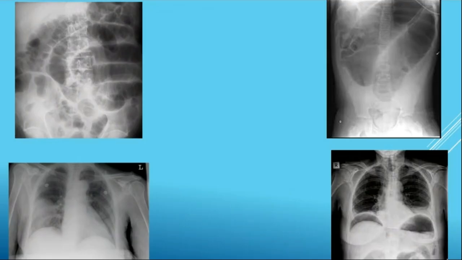If the patient is very bad, very ill, if the patient can't stand, then go for a lateral decubitus X-ray. Sometimes we may not be able to take the erect abdominal or chest X-ray. In that case, go for a lateral decubitus. Turn the patient lateral so that you can see the gas shadows in the upper part of it. That's a very nice one. See that patient's chest X-ray shows some sort of pneumonic patch, right? The patient might come with upper abdominal pain on the right side, right? So because of these things, as a basic imaging investigation, you may go for a chest X-ray and the abdominal X-ray.